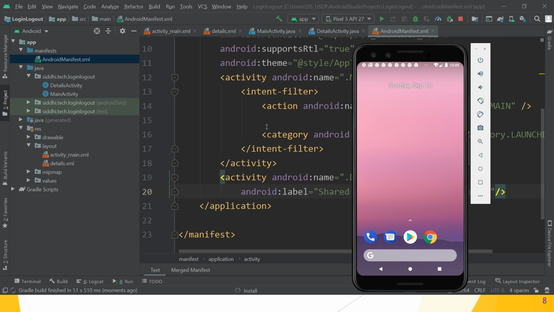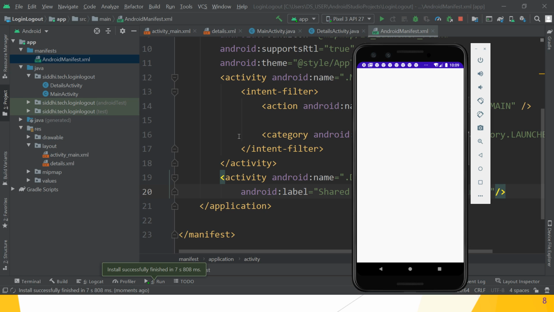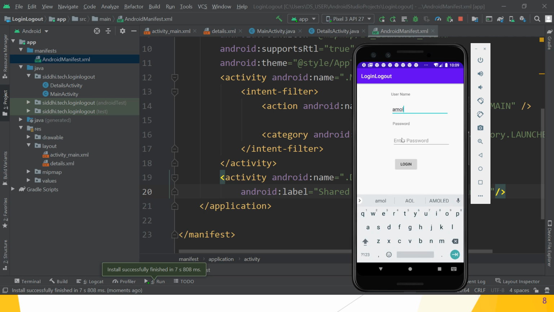Now another thing: we make changes in the Android manifest.xml, because we cannot create an activity directly; we create two files, one Java file and one XML layout file, separately. So in the login logout window, enter username, suppose Amol, but password, suppose Suraj, then it is wrong.